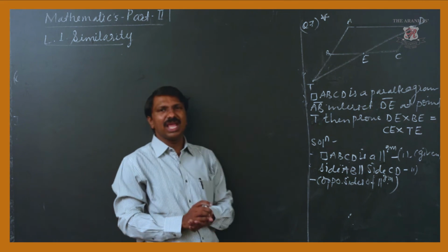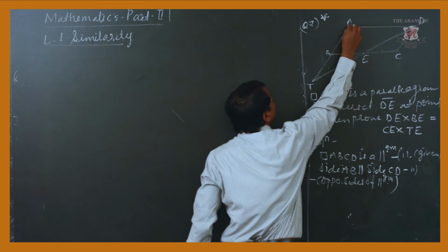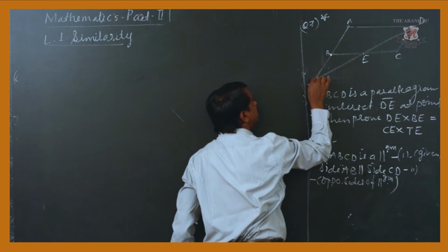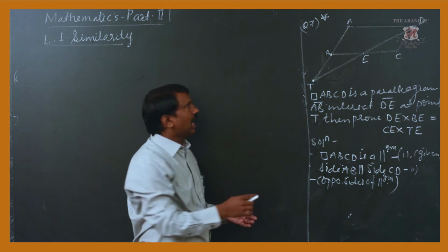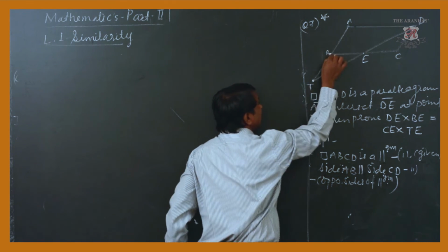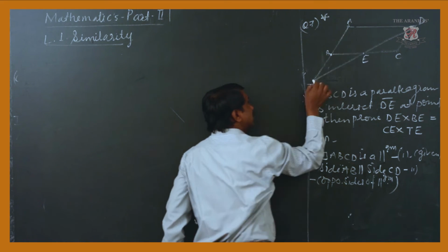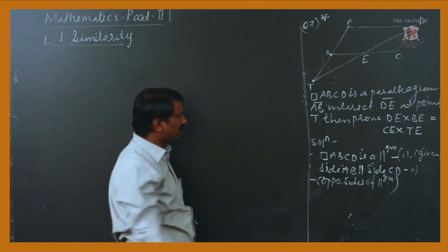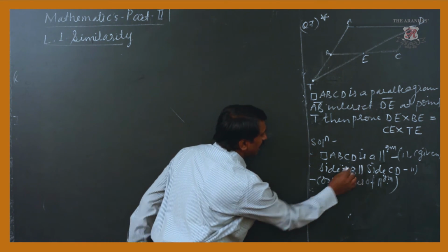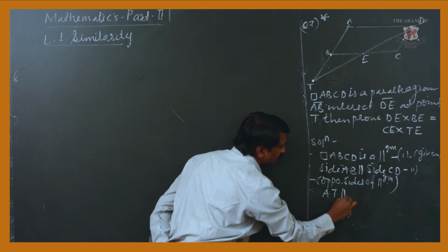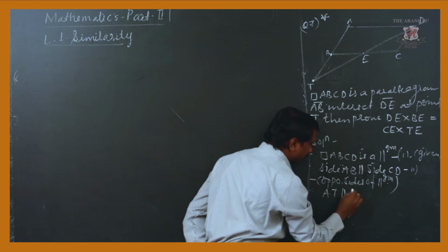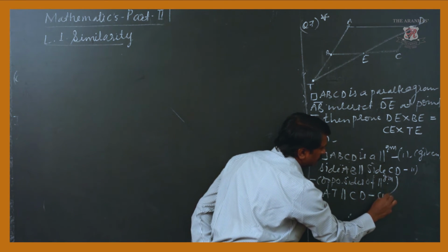But if you observe the diagram, immediately you will come to know point A, point B and point T. These are the three collinear points. And when we say that AB is parallel, obviously this segment AT will be parallel. So if you are writing segment AB, here we will mention AT, which is parallel to CD. This is the third one.